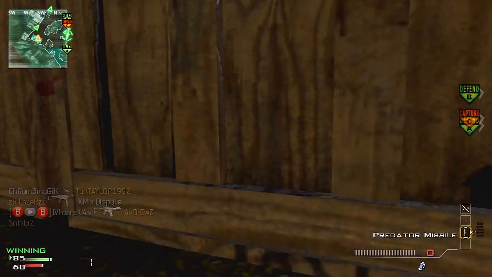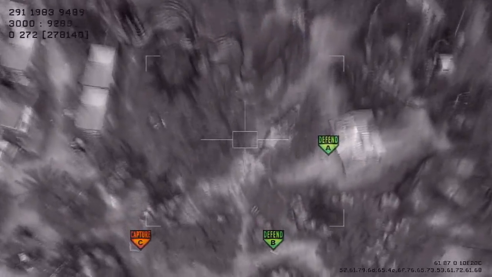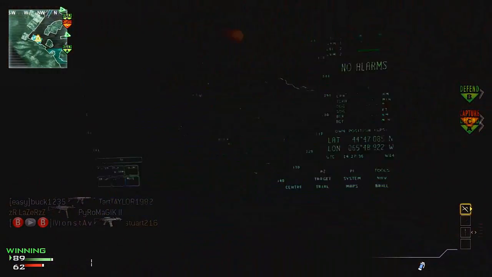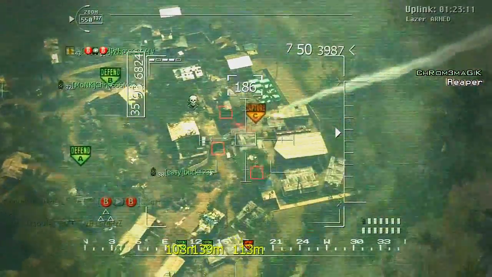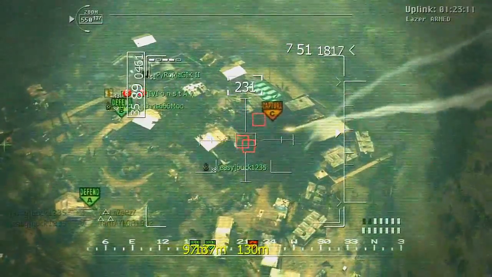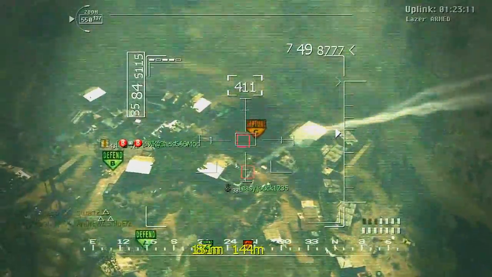Unfortunately I called in my Predator missile first, and I think most of them were using Cold-Blooded, so yep, didn't get anyone. And then I'll call in my Reaper, and this is a really good kill streak. I'd say if you're used to racking up kill streaks with the assault class, then go for it, put it on. You can pretty much easily get there with a Predator missile as long as you get one person,